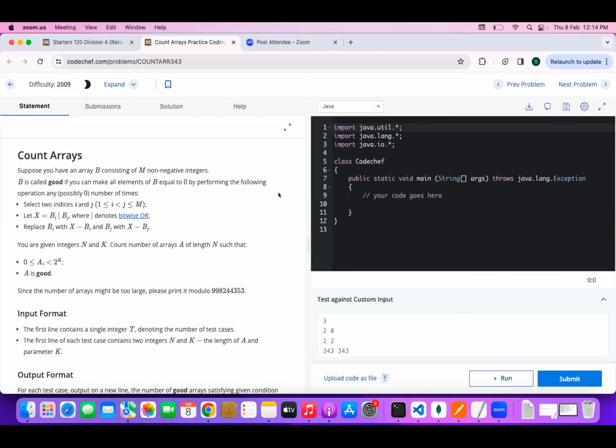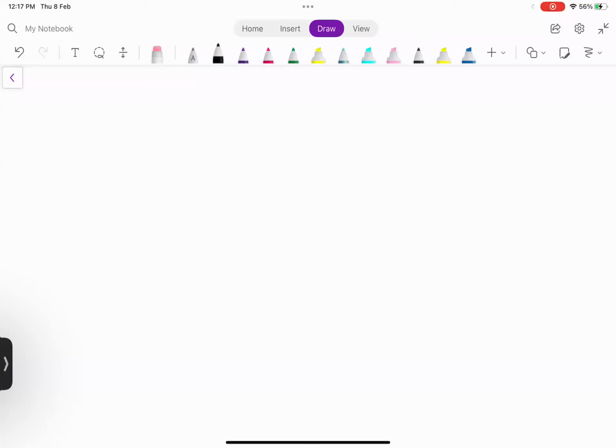The next question of CodeChef Starters 120 is Count Arrays. So basically in this question, let's say there is an array A, or let's consider it as B as mentioned in the question. So let's say there is an array B